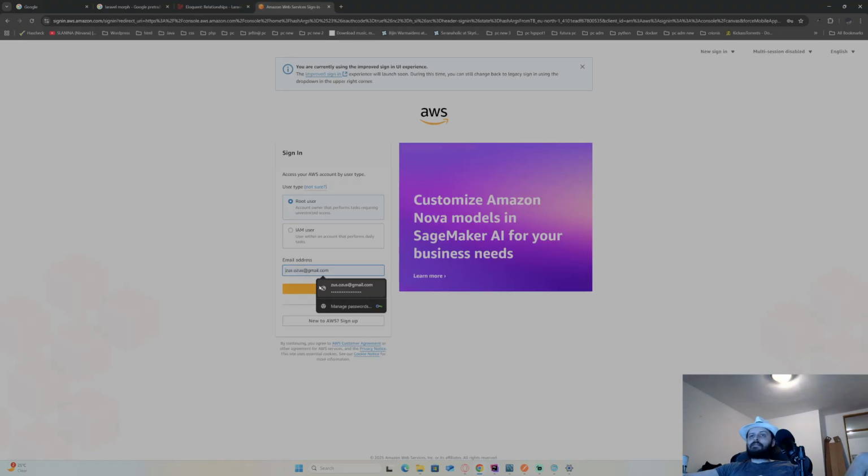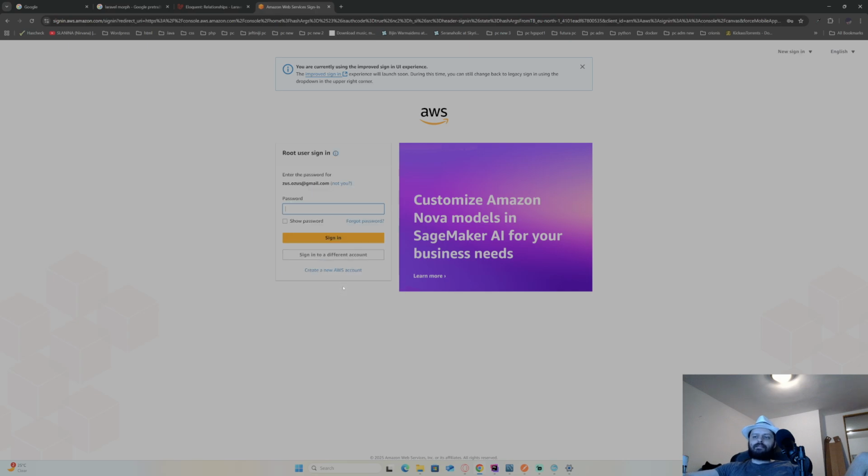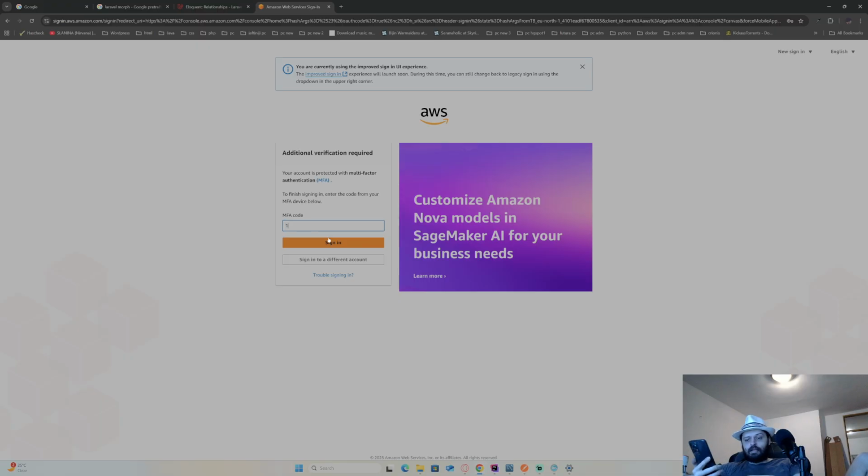So I get to console. It is root account. Okay. Password is saved, and I will need 2FA. That's a lot of services.